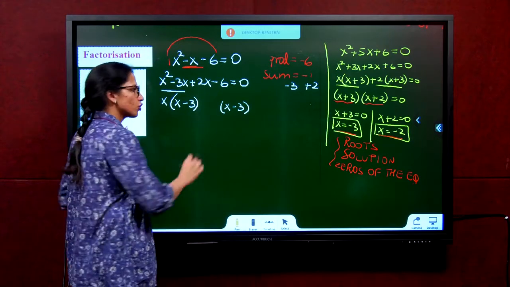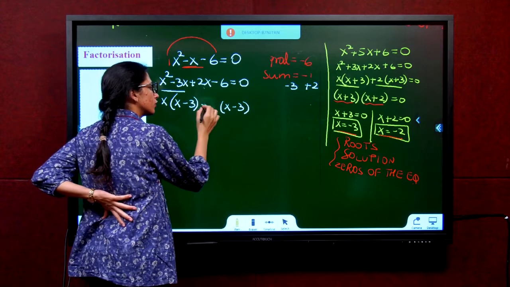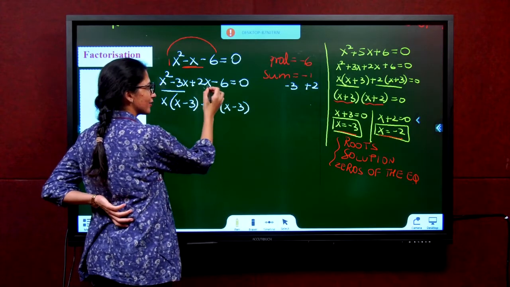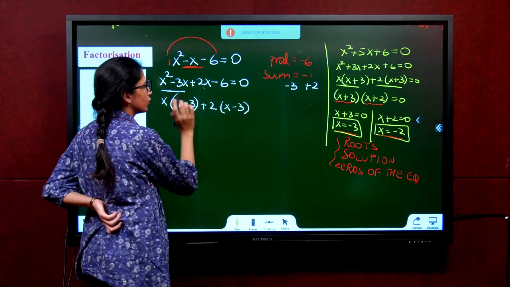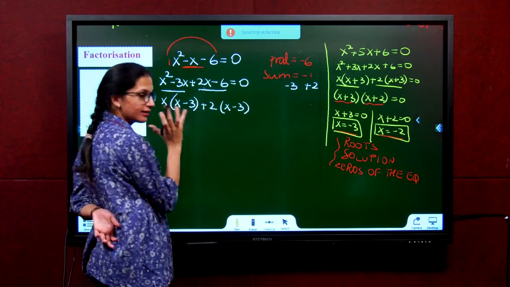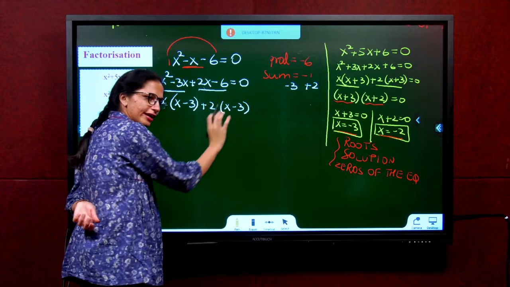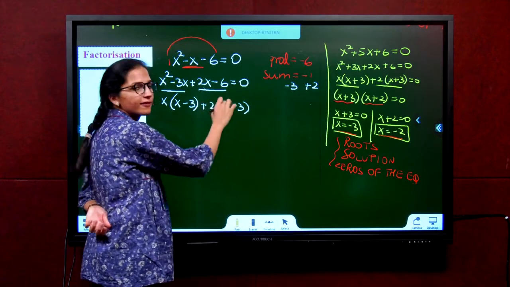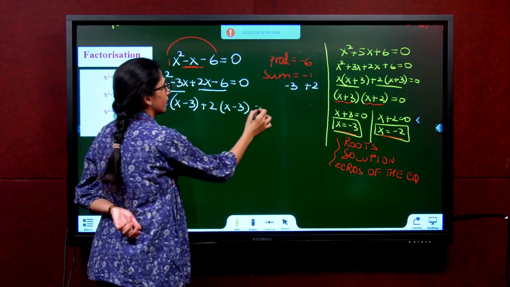For sure. So what should you take here such that you get 2x? 2. So 2 into x, 2x, 2 into minus 3, minus 6. Also correct. Two methods: either take common whatever you can, or, if you can't decide what to take common, the same term has to come here. Write the term and see what should be the filler number. What number should you put such that this is satisfied?